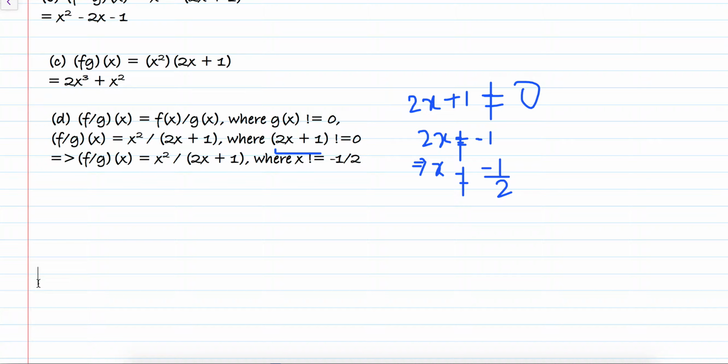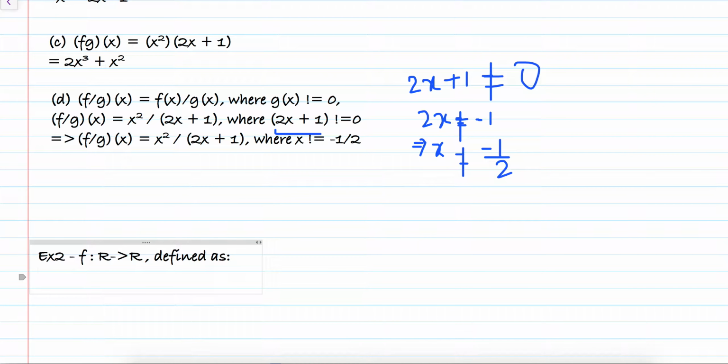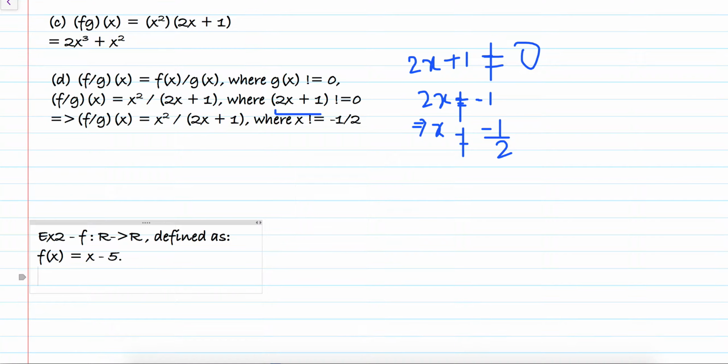So now I will see, so this is our next example. So we have a function f defined as f(x) equal to x minus 5. So this is our function. So we are asked to sketch the graph of